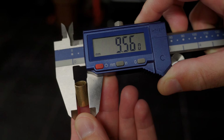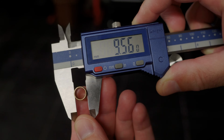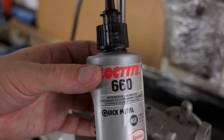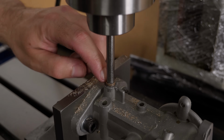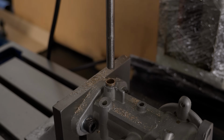As for replacements, I have a few of these oilite bushings and I think I'm going to use them. The good part is that they're already on size, but the bad part is that they're on size. The old bushings were 3/8 and so are these, which means I'll need to use Loctite to secure them. That's not a huge issue, but I'd prefer a light press fit here. I could turn some new bushings on the lathe, but I don't think this is going to be a problem, so...